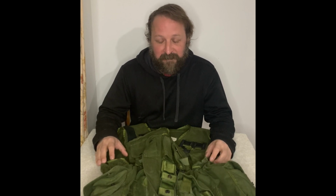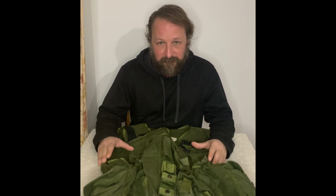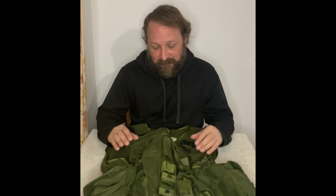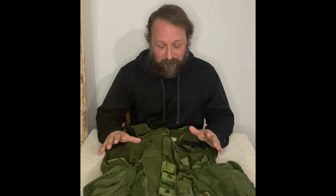So now that we've talked about the deficiencies of the Canadian Pattern 82 webbing, we can talk about the vest. One of the main deficiencies that I didn't talk about earlier was the fact that the magazine pouches are on the front of the hips, and that wasn't liked because when a person is falling to the ground to take up a firing position or for any other reason, they dig into the hips and makes it very uncomfortable. So the soldiers suggested a vest with the magazine pouches high up on the chest would be an optimal solution